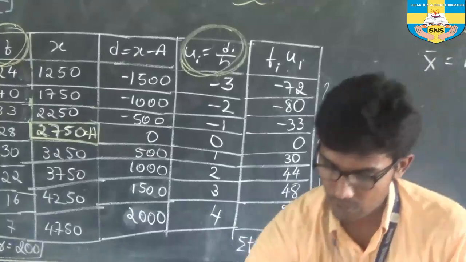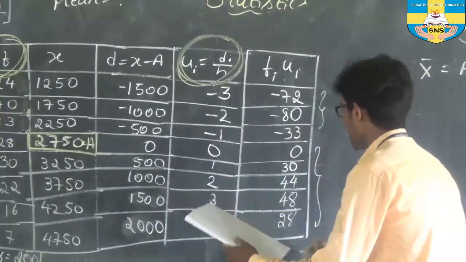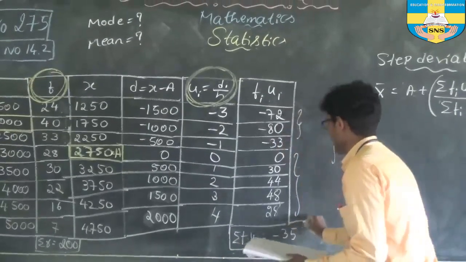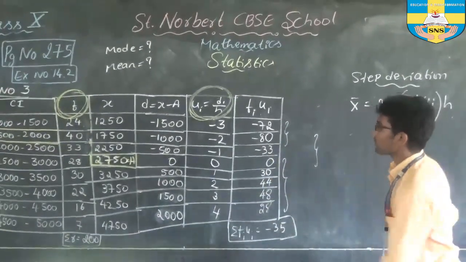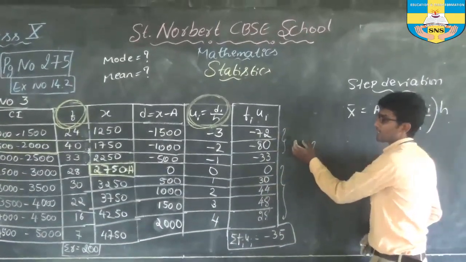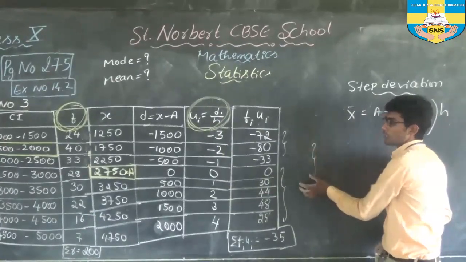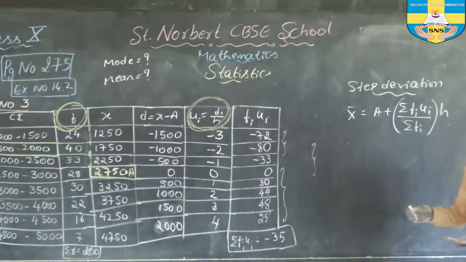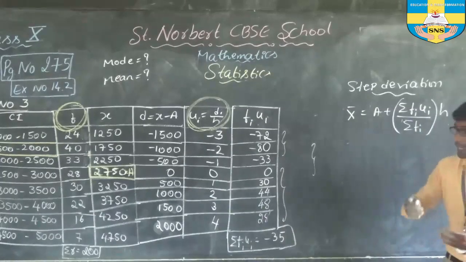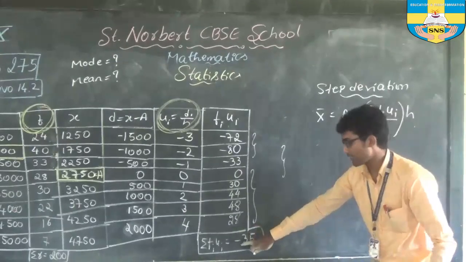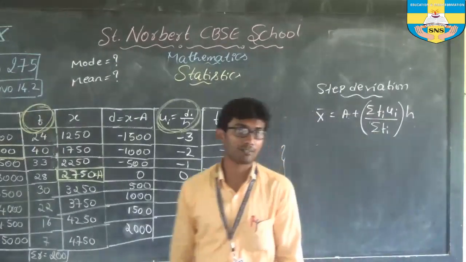Let me write the answers so you can check your answer afterward. You will be having minus. So try to do it by yourself. Add this and keep it here, minus sign. Add this and keep it here, plus sign. Then if you add these two, look at which is the greater number. Always when you are adding or subtracting, the greater number's sign will be carried here. That is why we have minus 35.